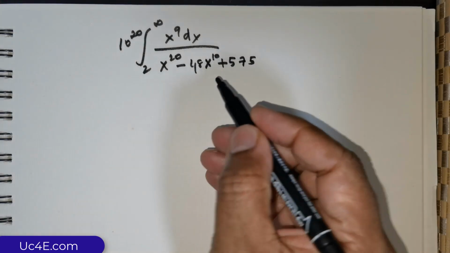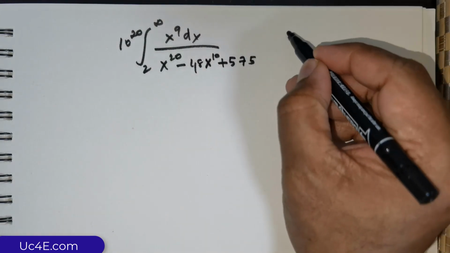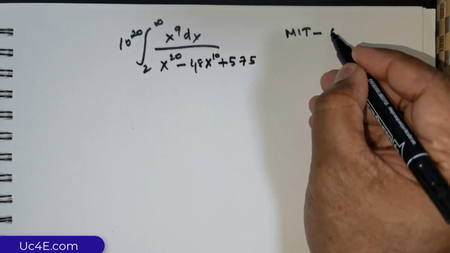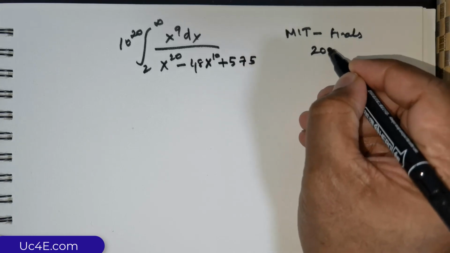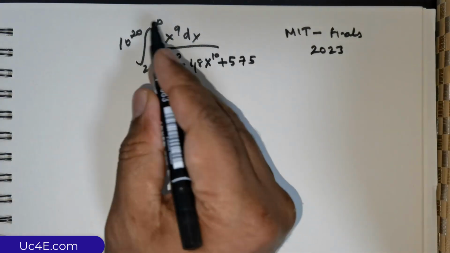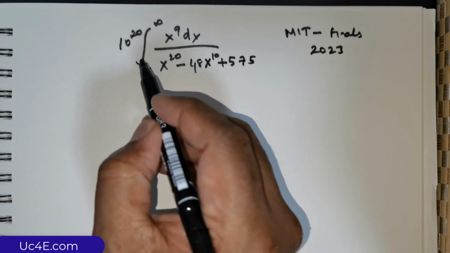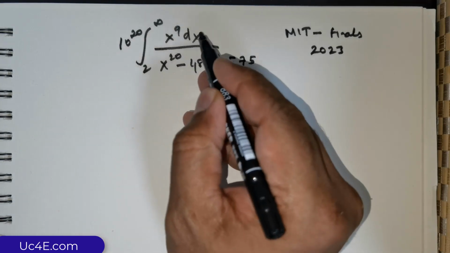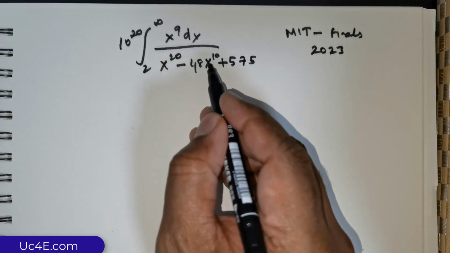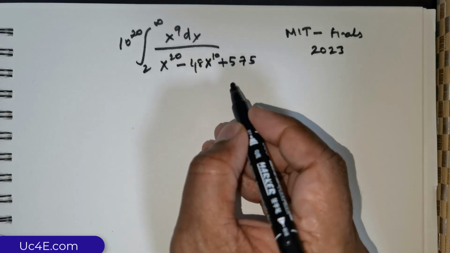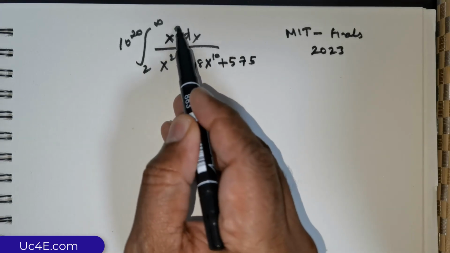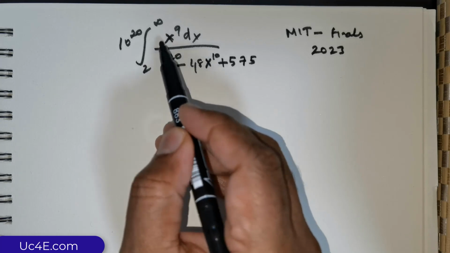Good day everybody. This is the last but one question that was asked at MIT Integration B Finals of 2023. We are expected to integrate this quantity: 10 raised to the power of 20 times the integral from 2 to infinity of x to the power of 9 dx over x raised to the power of 20 minus 48x raised to the power of 10 plus 575. Now I have x raised to the power of 9 and that is the clue that